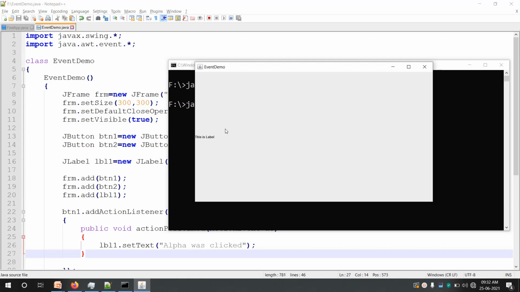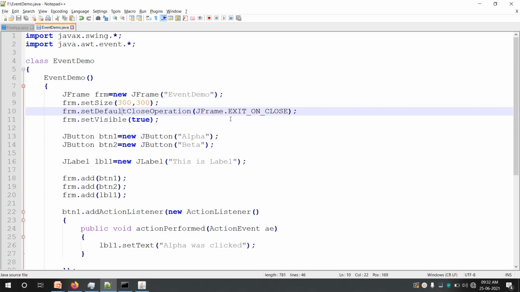So what we have to do in this case is change the layout. The layout of a container decides how components need to be placed on the container. There are different layouts which have been used in Java Swing as well as in AWT. We will be using one layout for now here.